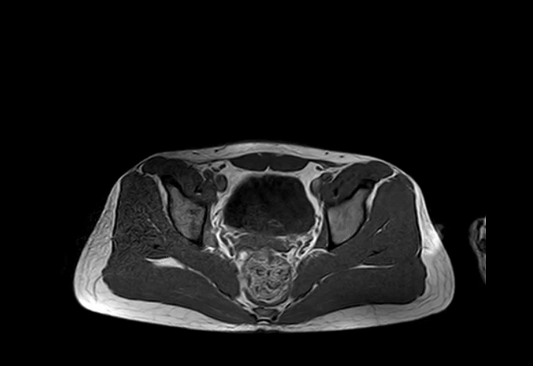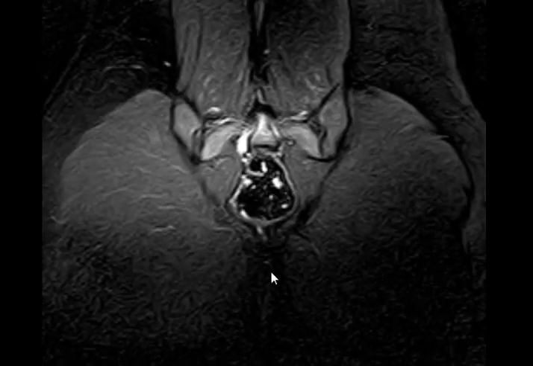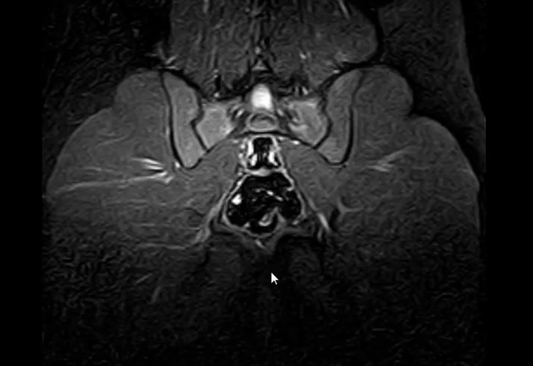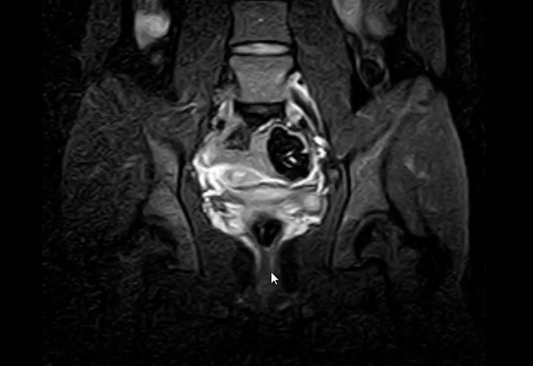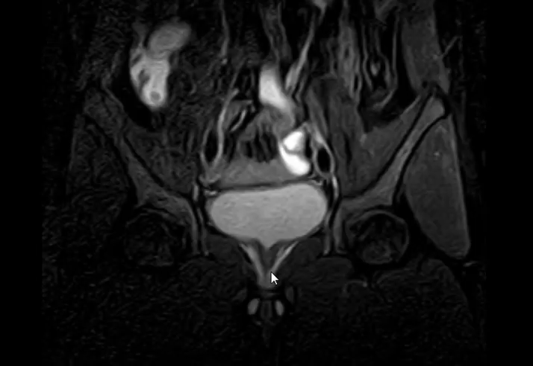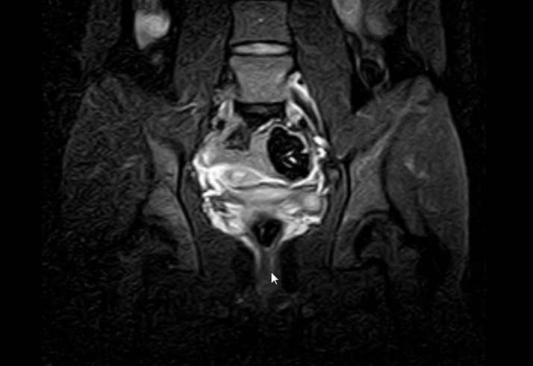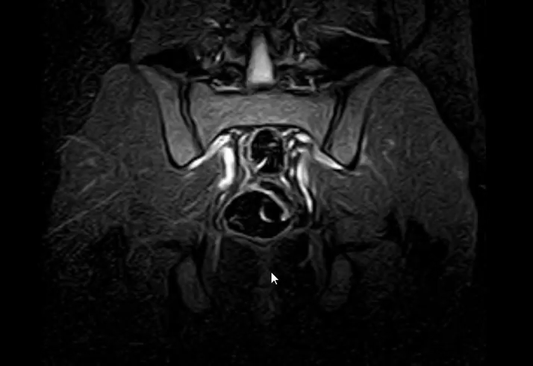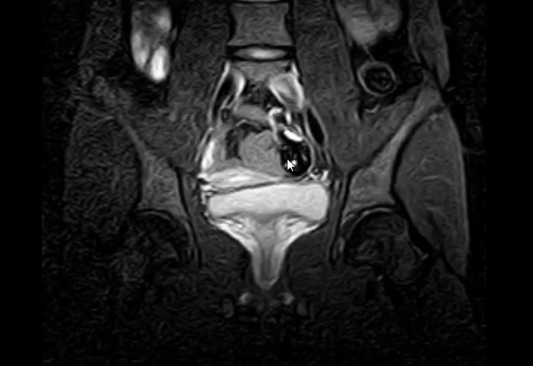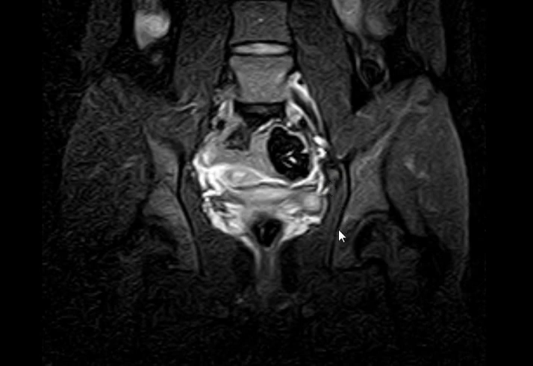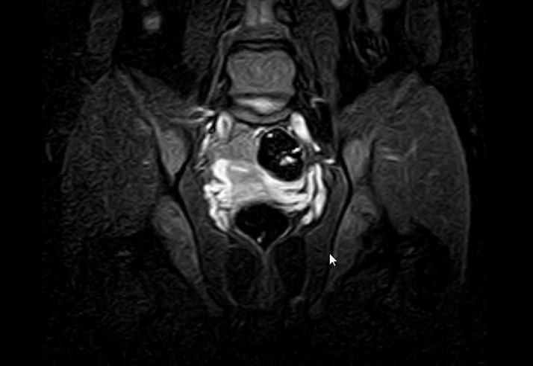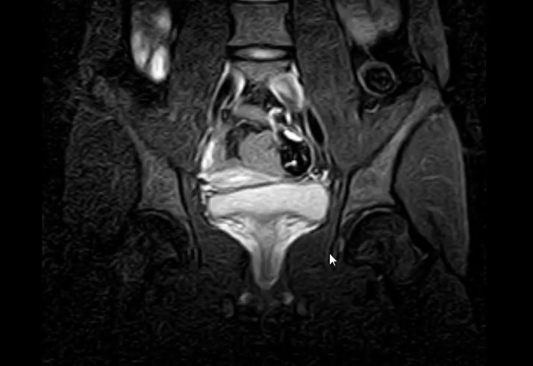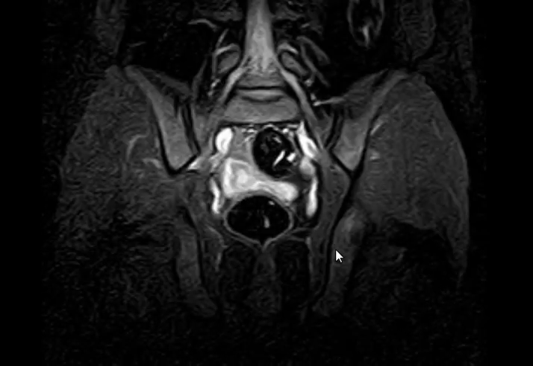Okay, let's first of all go to the coronal. Is there ovary or not? Since we said it's a small sized uterus. I cannot see it over here. No, over here. Might be this syndrome, Rokitansky? Yeah. Okay. But till now, you didn't find the most important and the most obvious